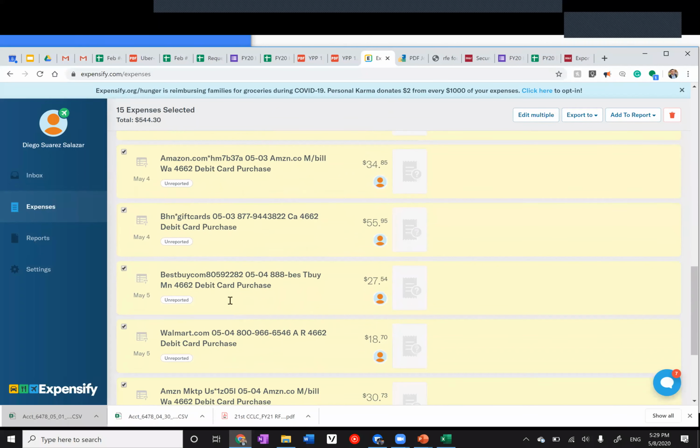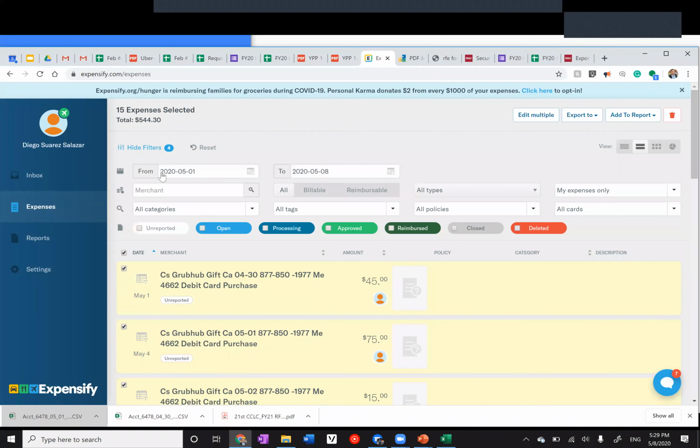At once. And you see it in the very top, right on the very top, it says 15 expenses selected, total 544.30. That's how you self-check. That's how you know all your uploaded expenses went through. So once you've checked and compared the upload you did originally and it matches what's now in Expensify,